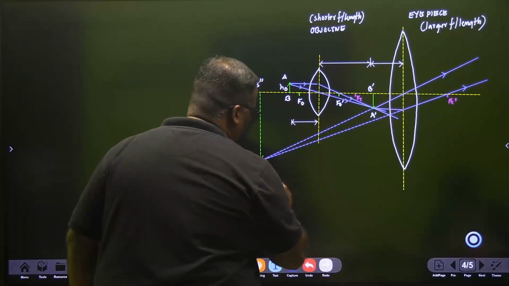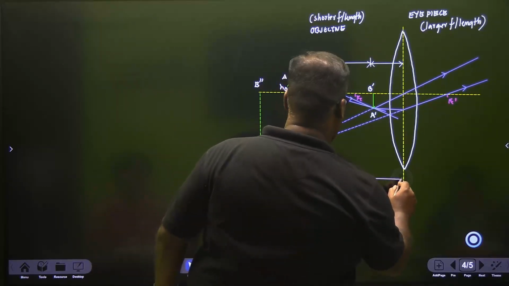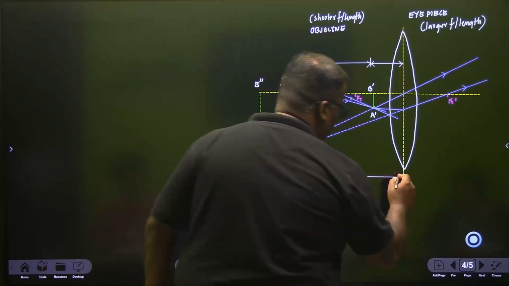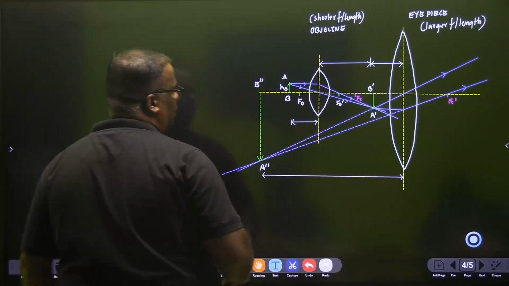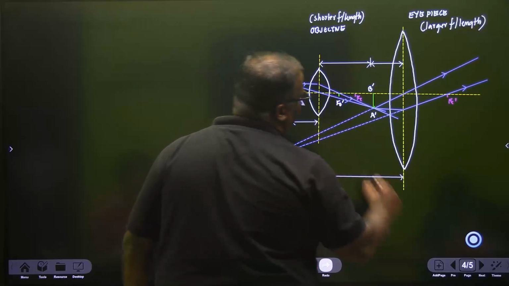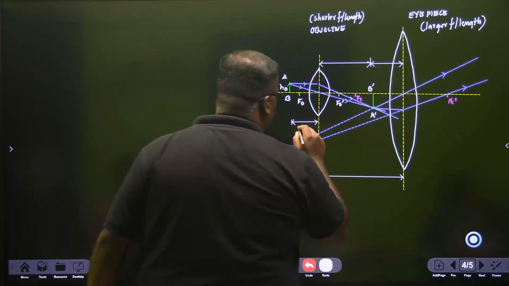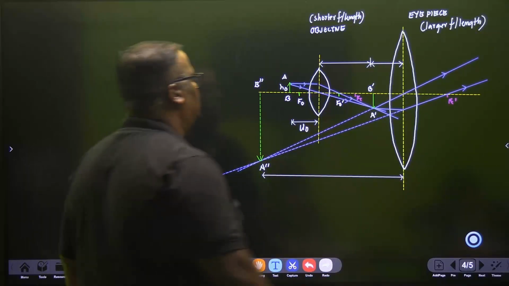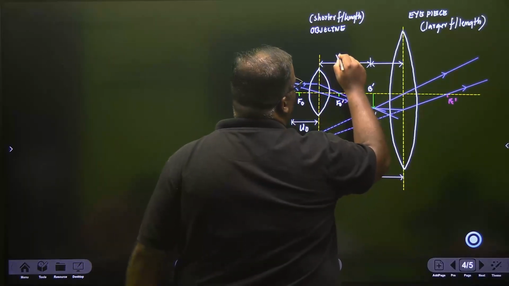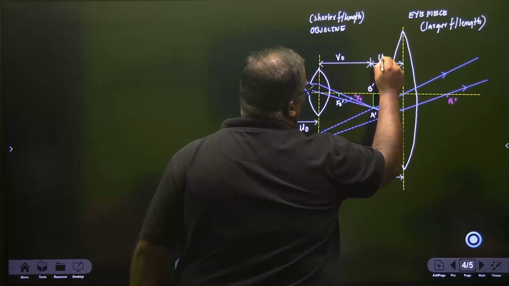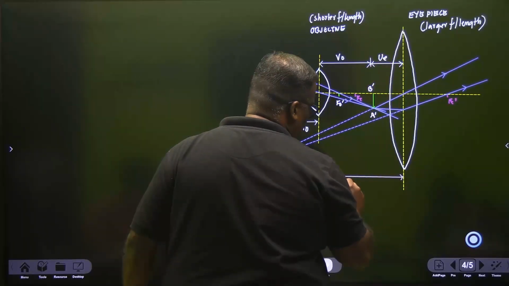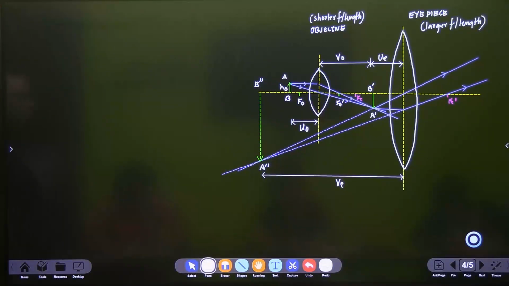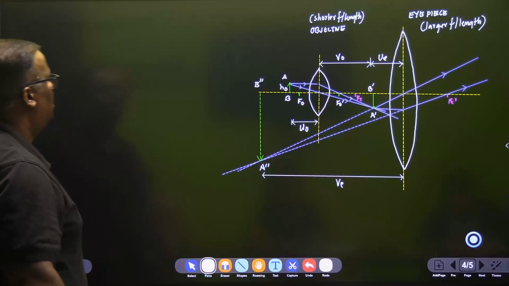Although this is not required, but still, let's keep it. And let me start filling it. This is UO. This is VO. This is UE. And this is VE. Clear? Namings are clear? Okay. So we start with